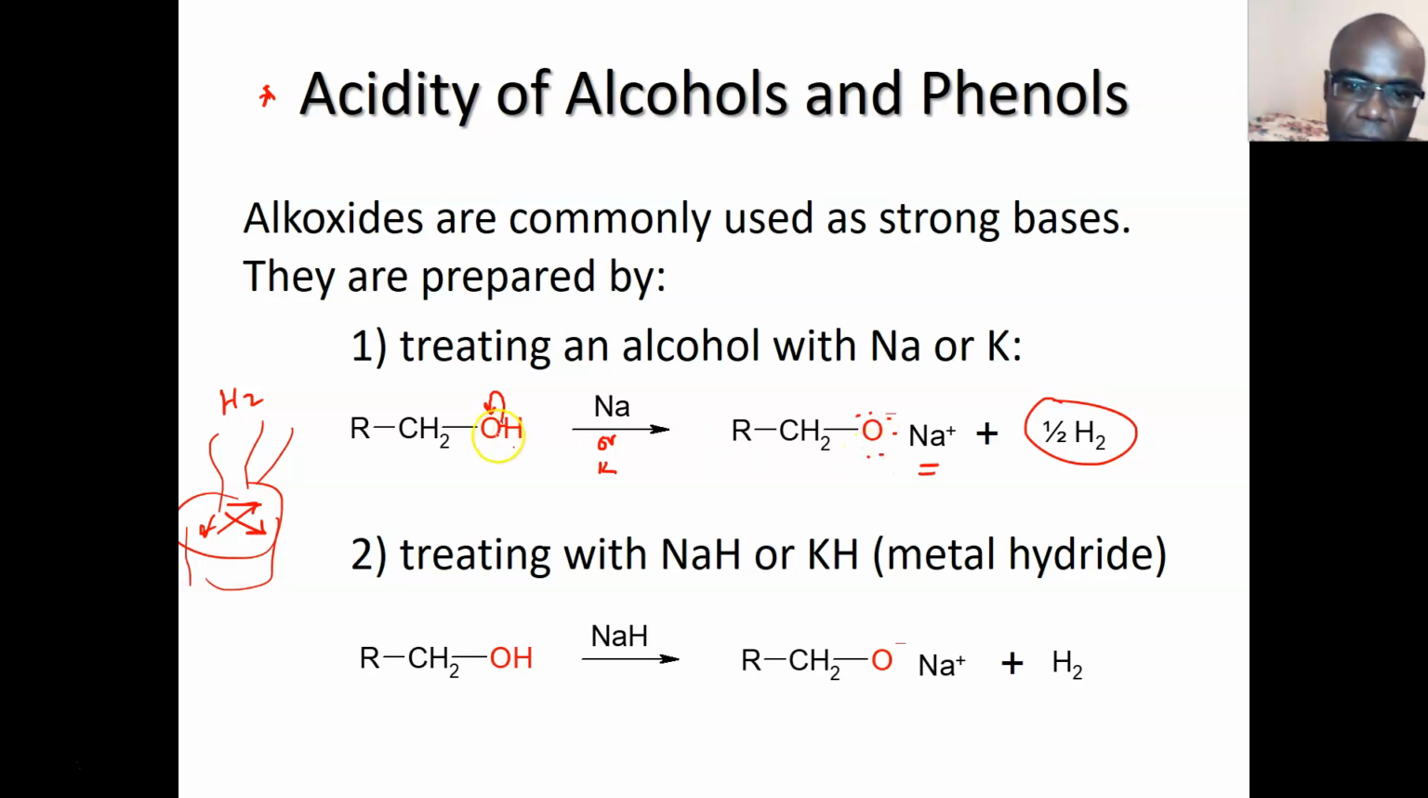So you have 3 lone pairs, because here we do have 2 lone pairs. Sodium itself ionizes, and then you get the alkoxide version of the alcohol. Now, what if you treat with sodium hydride or potassium hydride? Again, this is an ionic compound, so all you have is Na plus and H minus. So you'll use the hydride portion as a base to steal the hydrogen, and then